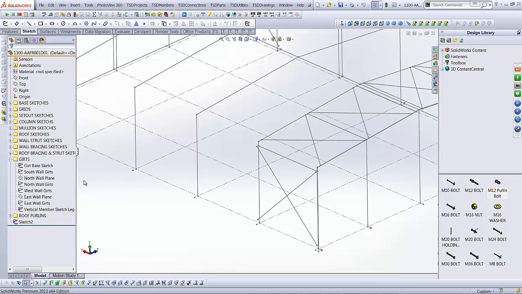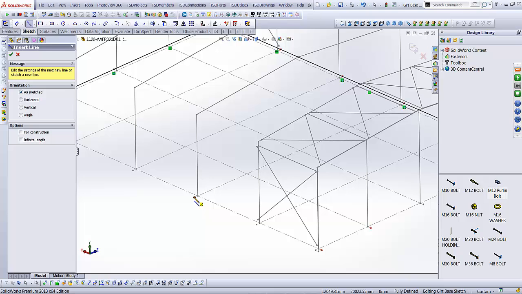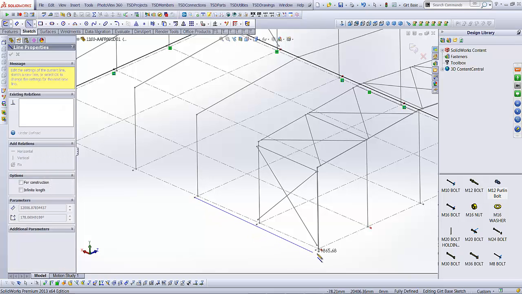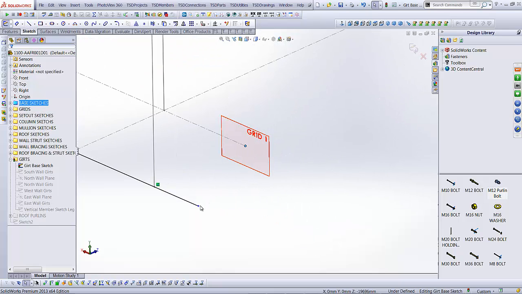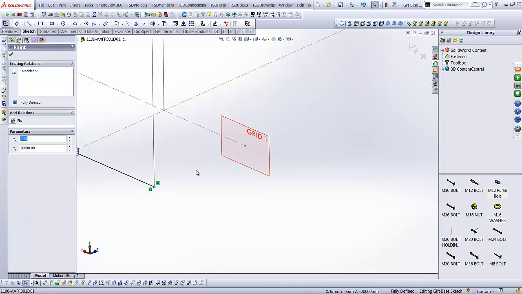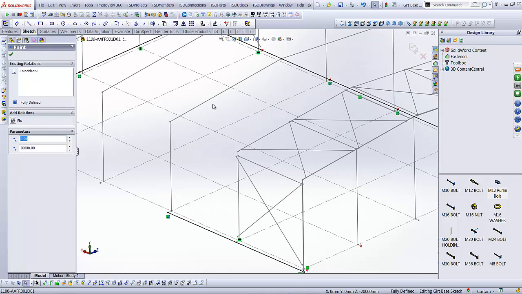So I'm just going to modify this sketch again. On the base girt sketch, you'll notice the direction to which I'm actually drawing, left to right. Okay, and I'm just going to snap that and that under a relationship. Oh, there is already a line there that I can just snap straight onto, which makes it a little easier. And I need another